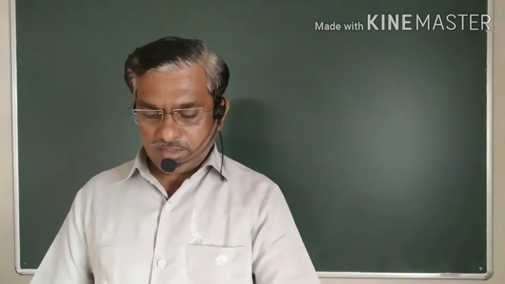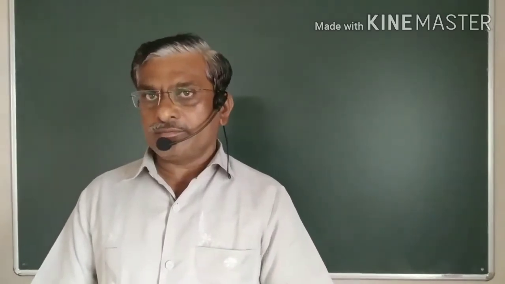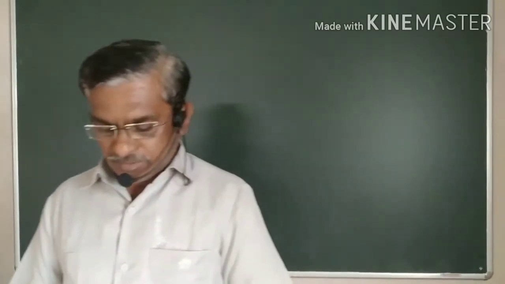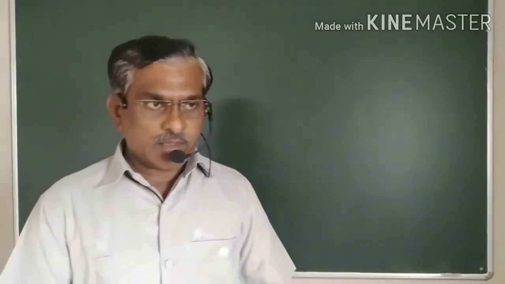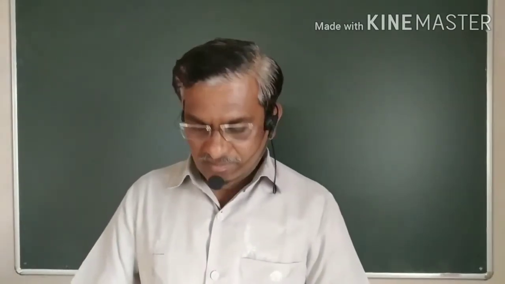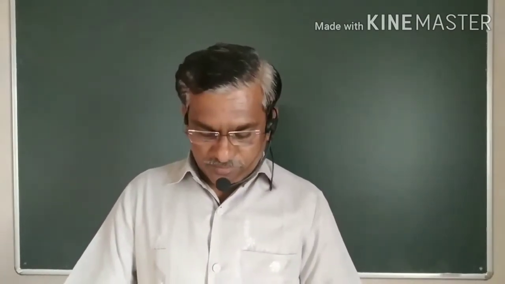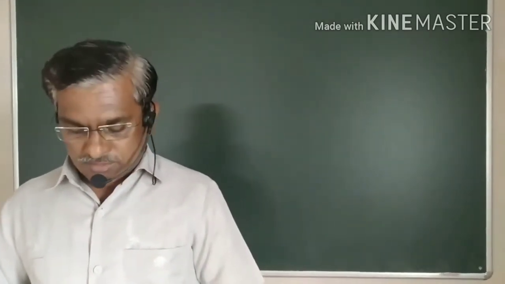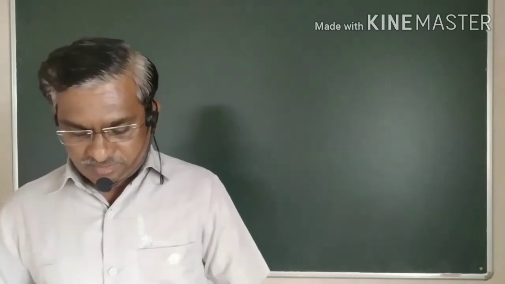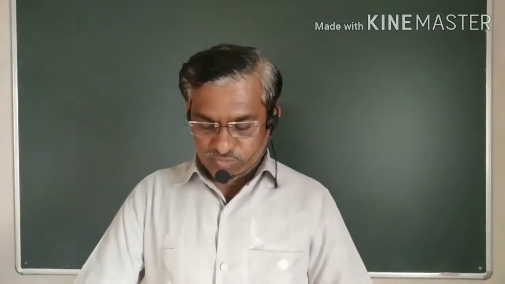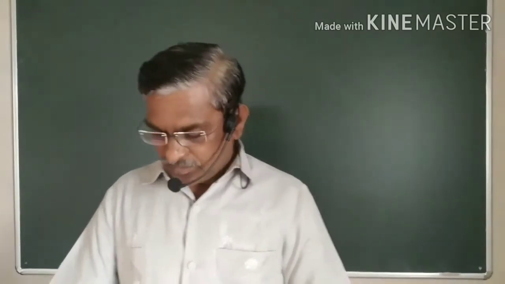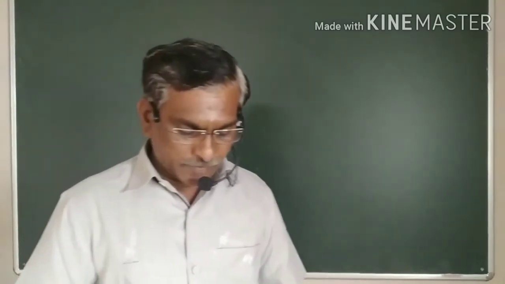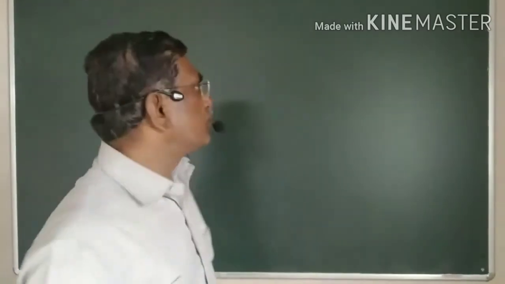Dear students, let us move toward the next point. To find the absolute error in a product of two numbers, the quotient of two numbers, the general formula for error, and some of the problems, particularly these two points, errors in the product of two numbers and the quotient of two numbers. Therefore, let us go first for the formula for the product of two numbers.